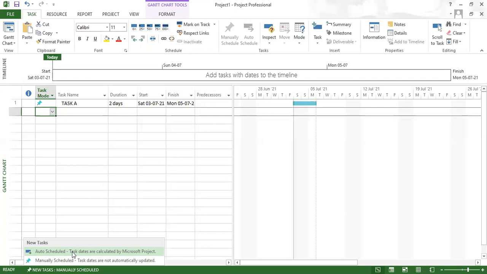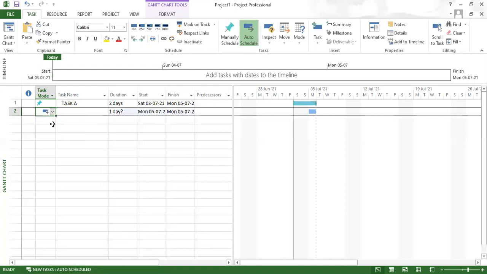For example, if I select this one, new task created, auto scheduled, and I start adding, new task created, now task B. Now automatically you got the start and finish of the respective task here.